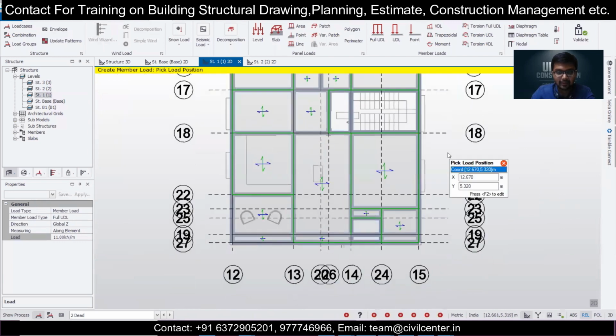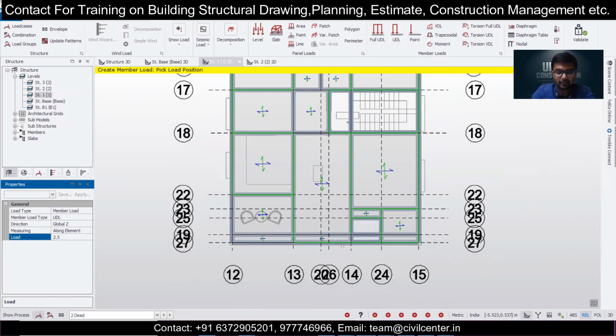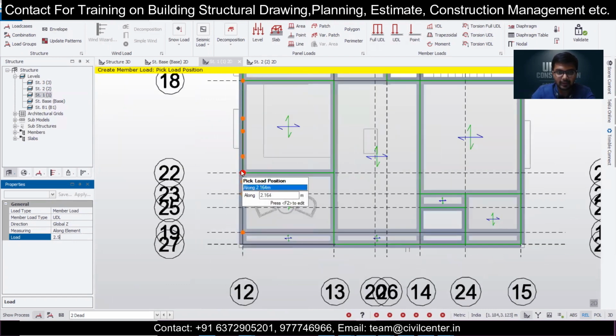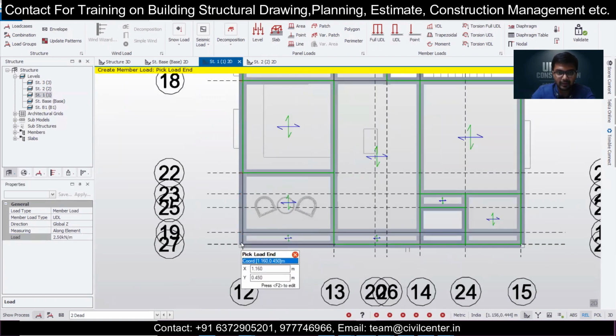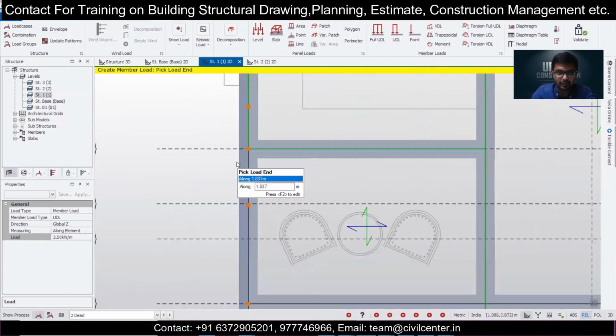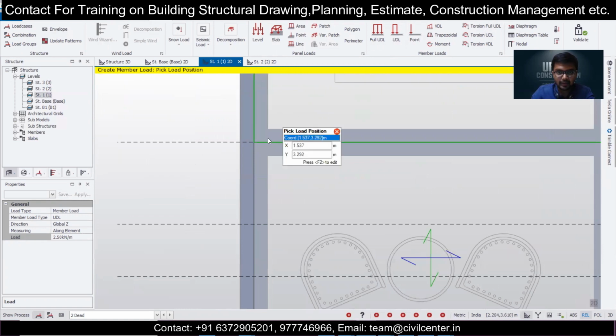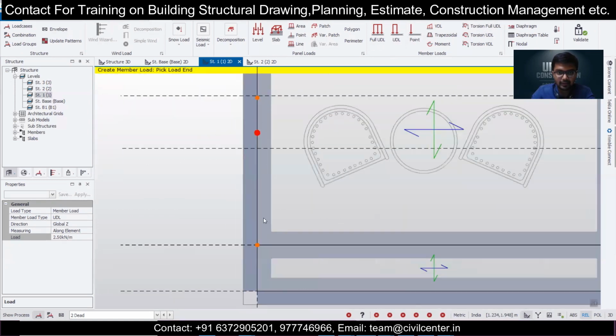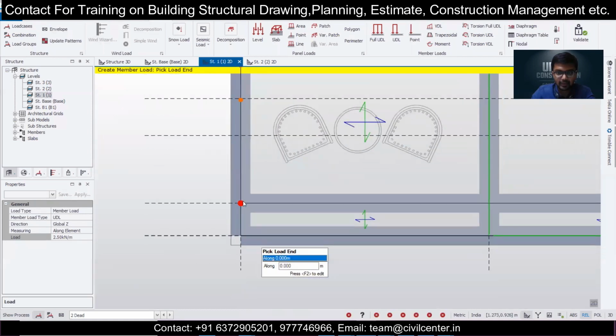So in the balcony portion also, let's give a load of here and here. I will take the UDL. If some railings and all are given, let's apply a small load of 2.5 for the railings or something like this. Single click and just take UDL, and we'll take this path, single click, and then we can apply up to this portion.